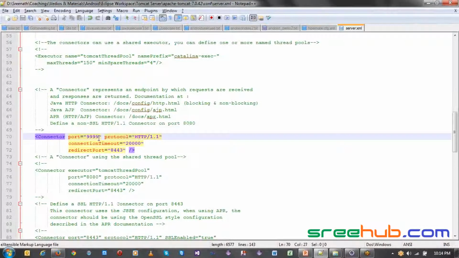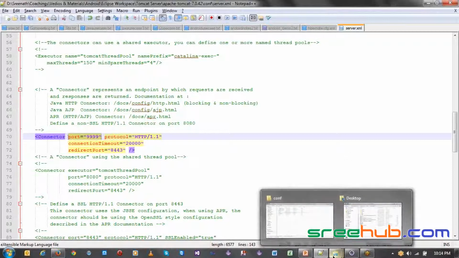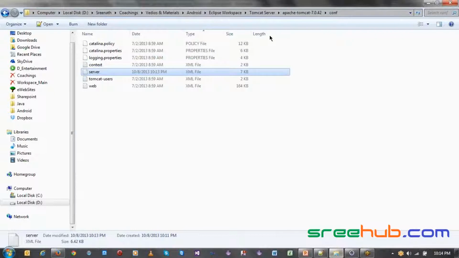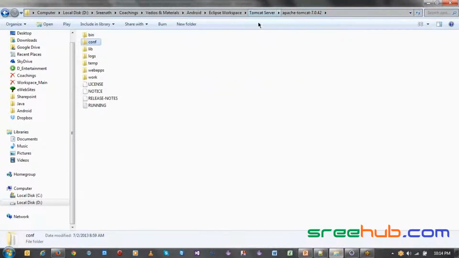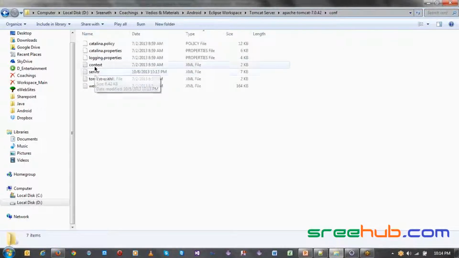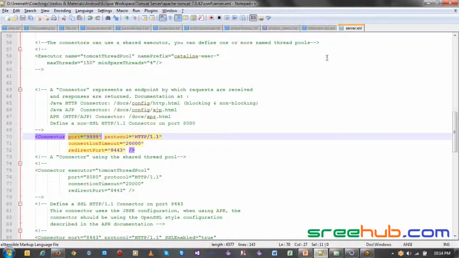So if you want to change the port of your web server, this is the area where you have to change. This file, which is server.xml, we got from the Tomcat folder. When I unzip it and go to Tomcat, you have a conf folder here. Go to it. Now you have server. From here, we open that server.xml. There is a tag called the connector tag, where we have protocol HTTP 1.1. Here we have to mention the port. This is the area you have to change, and that's it. Don't touch anything else in the server.xml.